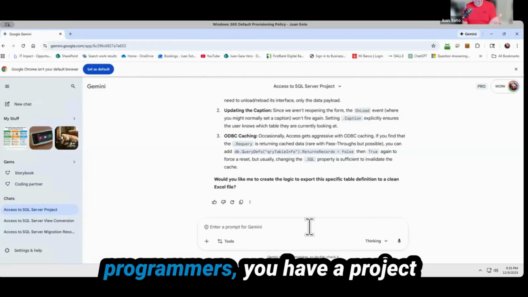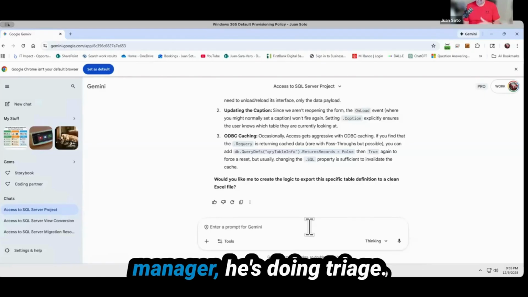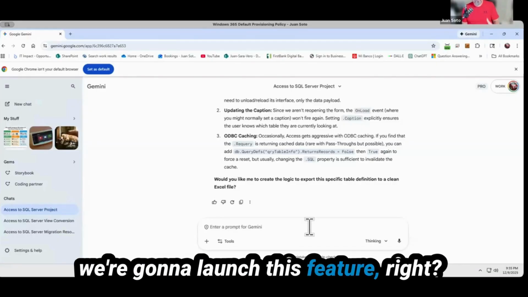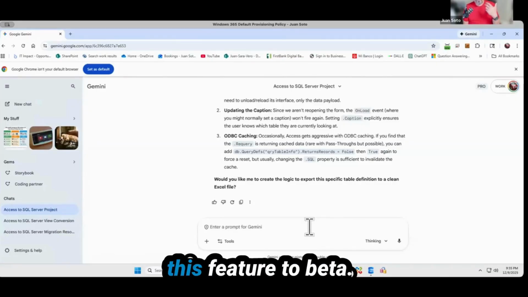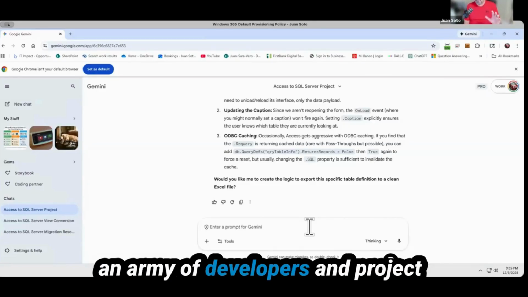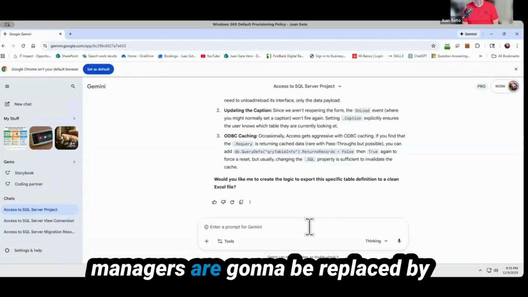You have an army of programmers. You have a project manager. He's doing triage. Okay, fix this bug, fix that bug. And we're going to launch this feature, right? And we're going to issue this feature to beta. All of that process I just mentioned, an army of developers and project managers are going to be replaced by